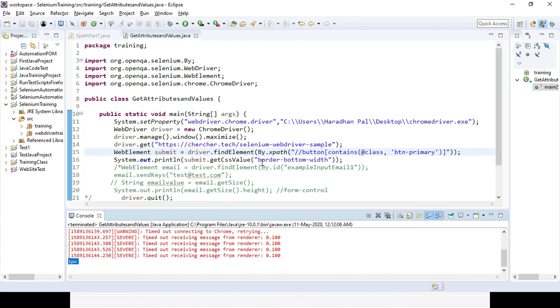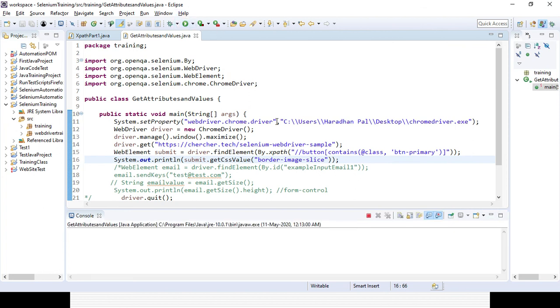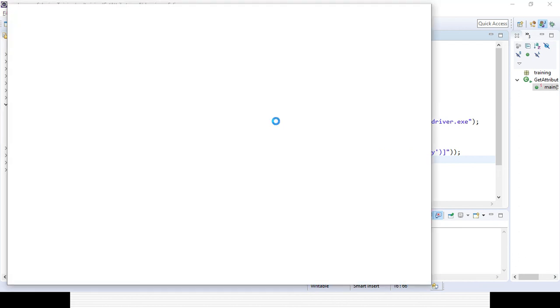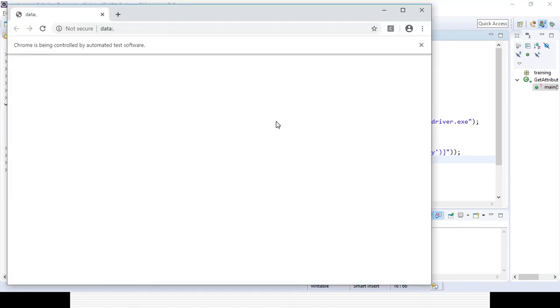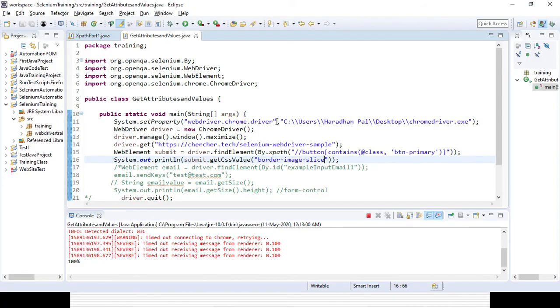So if you change it to that, you can see the output will be 100%. It will launch the Chrome browser, pass the URL, and after that it will identify the submit button, and then display the CSS value for the particular property, and it will give you the output as 100%. It will quit the browser, right? You can see the output is coming 100%.